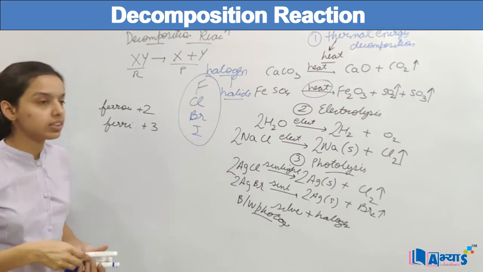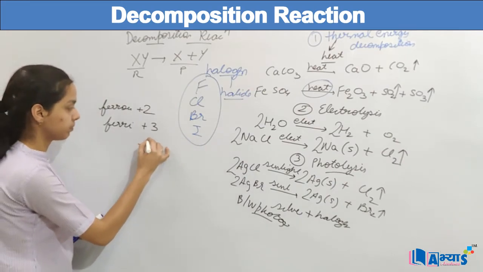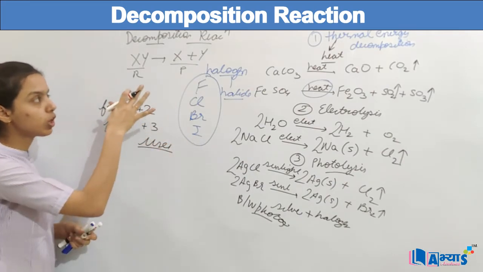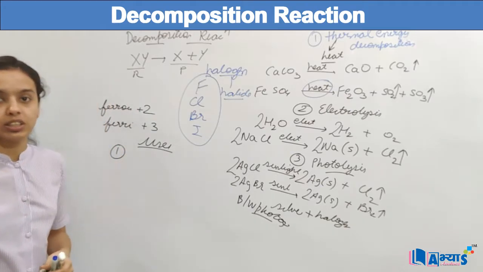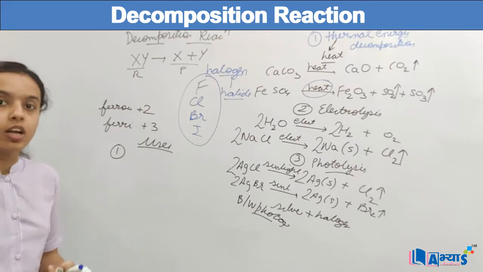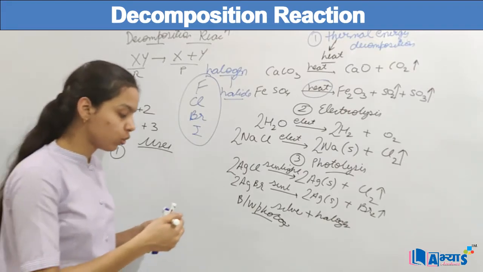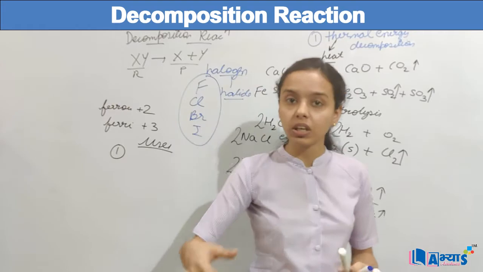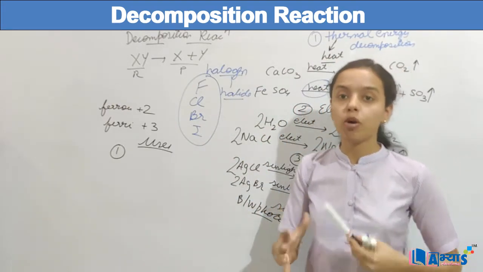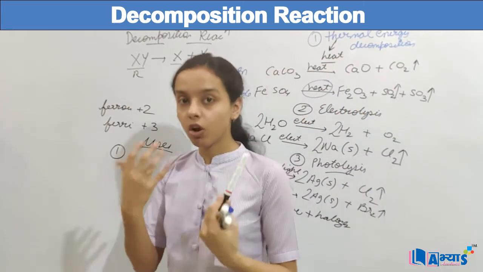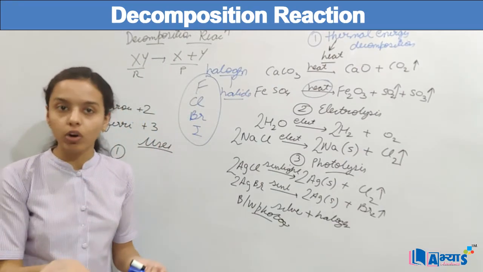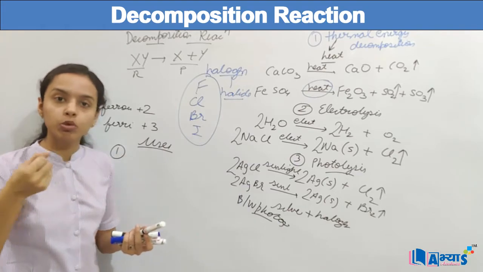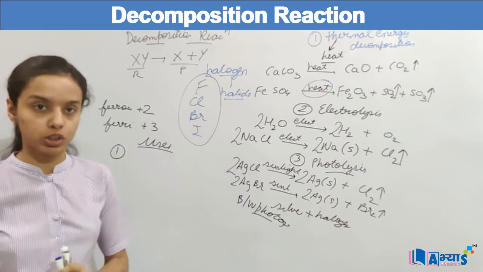The last topic in this concept is the uses, that means the uses of decomposition reactions. The first important use of this reaction is in the extraction of metal from the oxide. As you know, when we extract any metal from the earth, it is in the form of oxides. From the oxides we have to remove the metal, because the oxide is the unwanted thing. When we have to remove the metal, we will use the decomposition reaction.